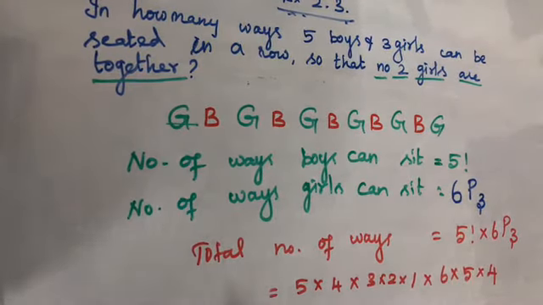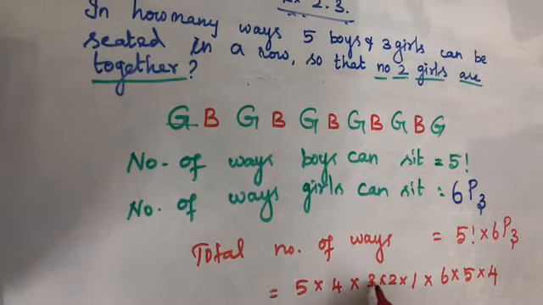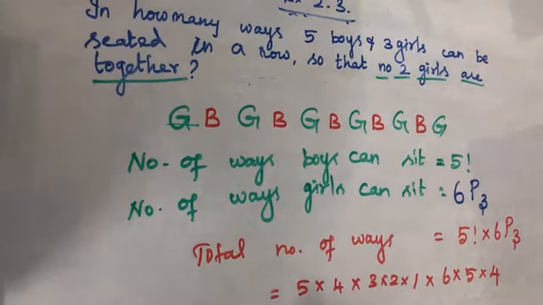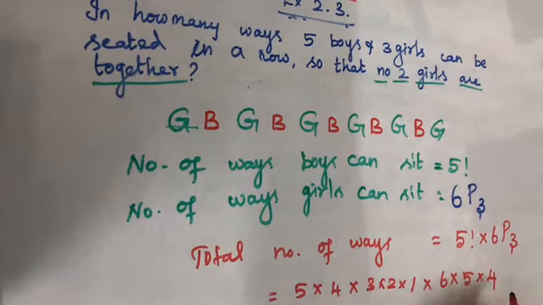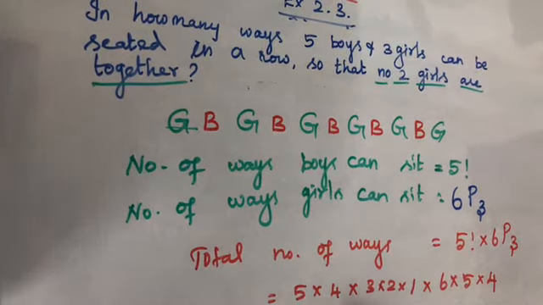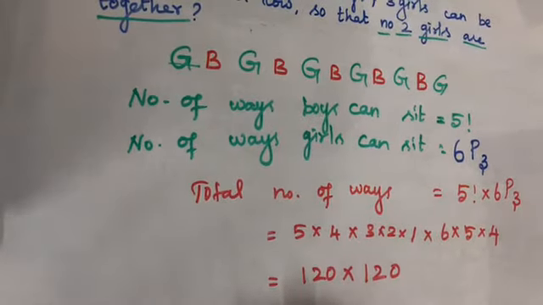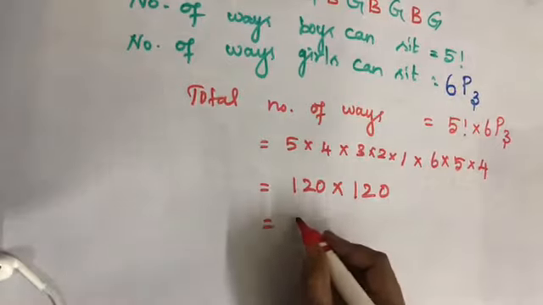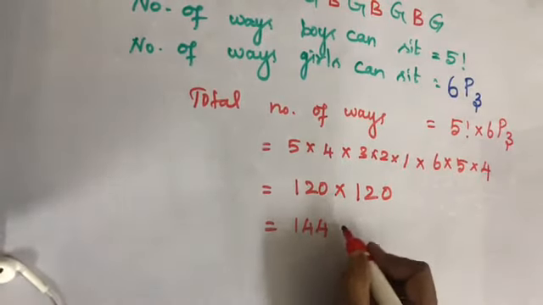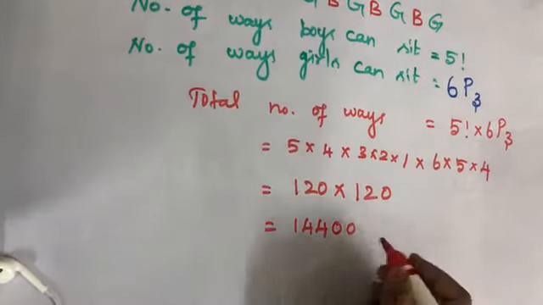Okay. So 5 factorial: 5 4s are 20, 3 2s are 6, 26 are 120. Into here, 6 5s are 30, 3 4s are 120. 120 into 120. It is 12 12s are 144. We need to add 2 zeros. So the number of ways are